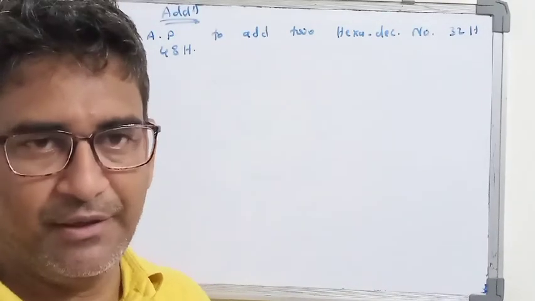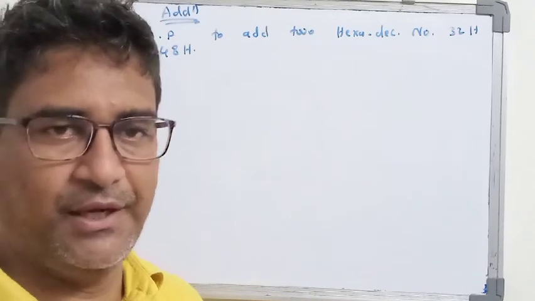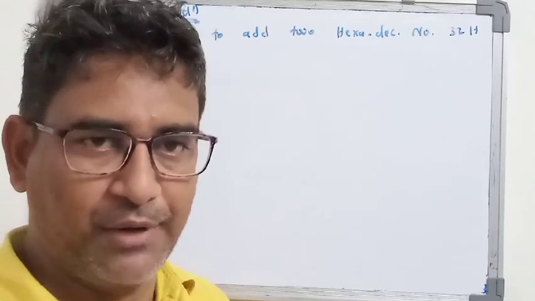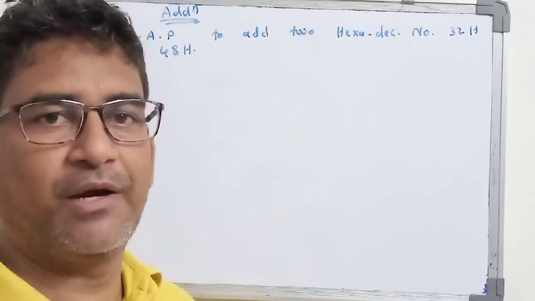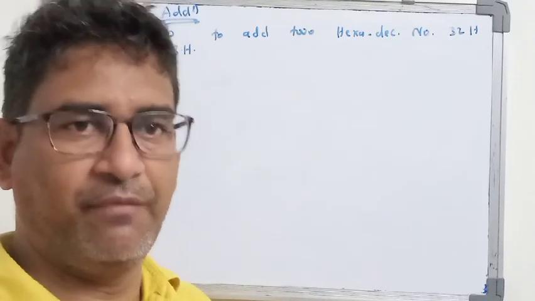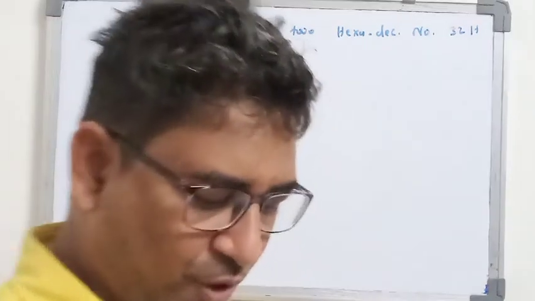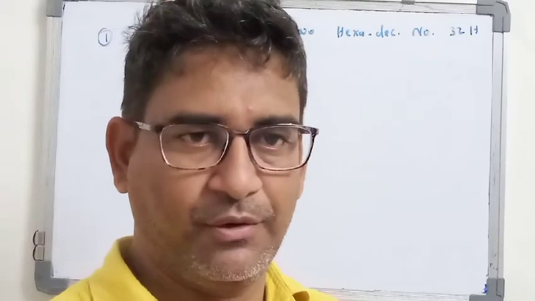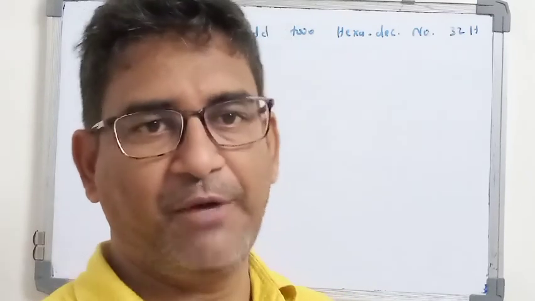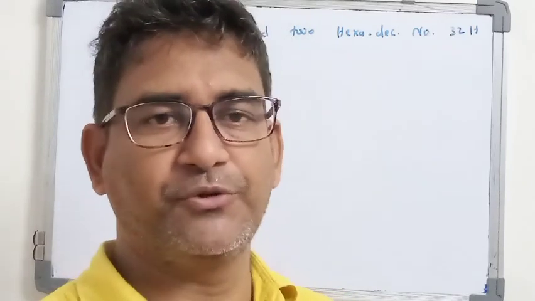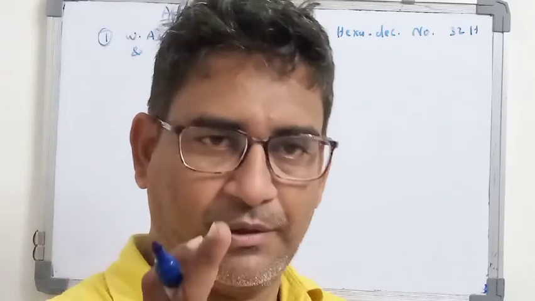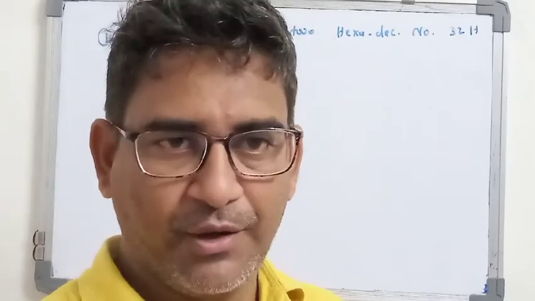These are the two numbers given, and we have to add them. Whatever the result is, we will see it in a register, that is, in the accumulator, or at whatever address we are going to store that result. For writing the program you need a table, and the mnemonics are very important. Apart from the mnemonics, you have to find out the opcode also. For that there is a chart.